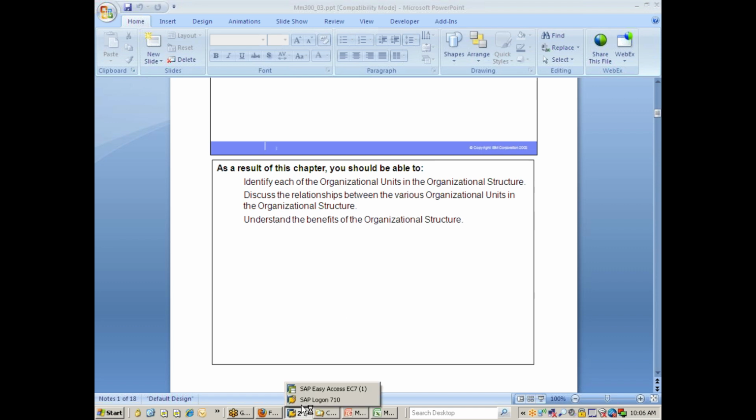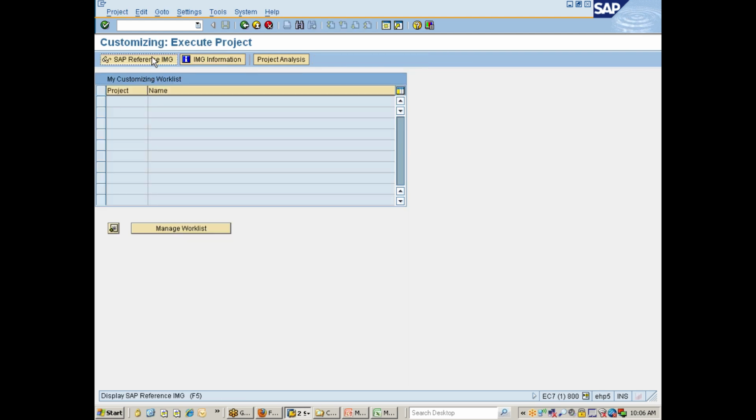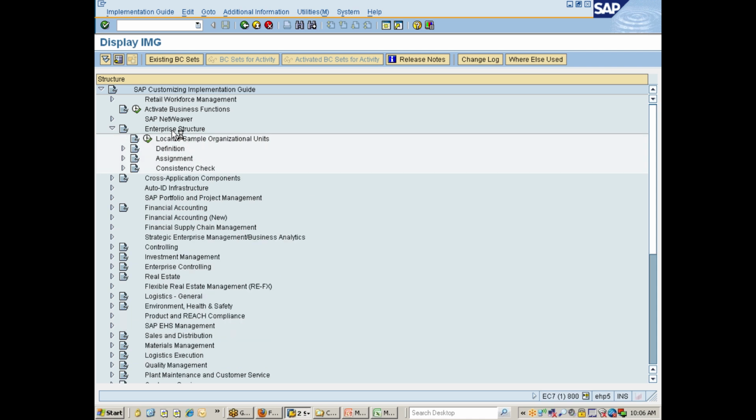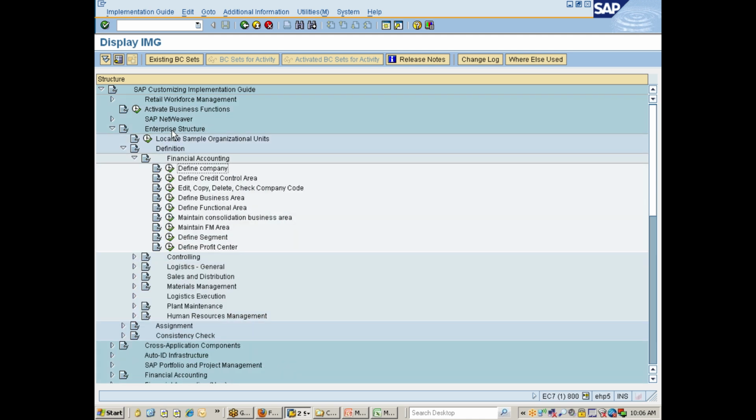To start with, let me just go through the things we have done yesterday. We went with SPRO, that's the configuration transaction code. We went into enterprise structure. We have defined various organizational elements in financial accounting. To start with company, that is group company. We have defined credit control area, company code, business area, functional area, and then consolidated business area, maintained FM area, and then